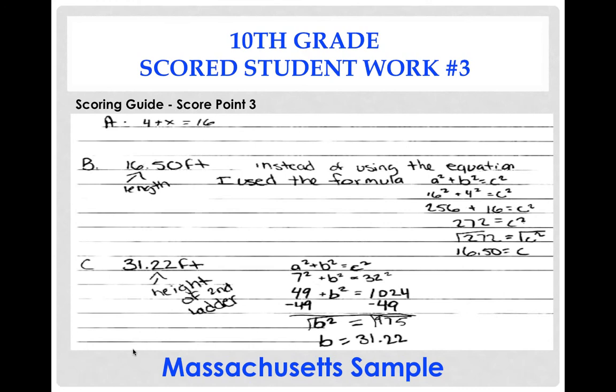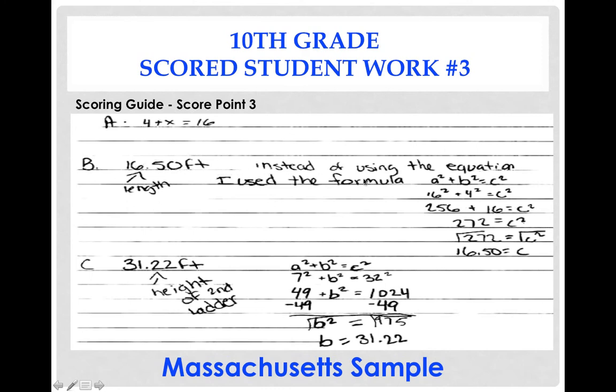All right, student number 3 scored a 3. And on part A, they have 4 plus x equals 16. And this is pretty much where their error occurred as far as not having the correct equation. Part B, we see they came up with